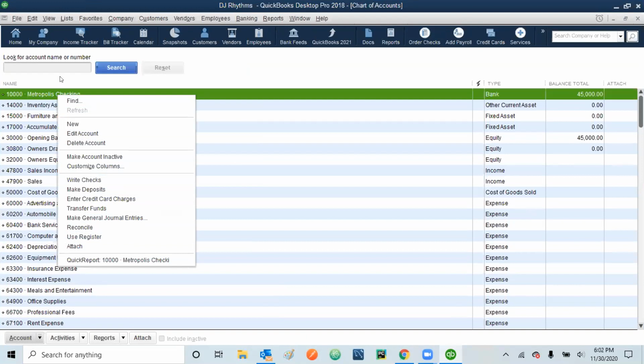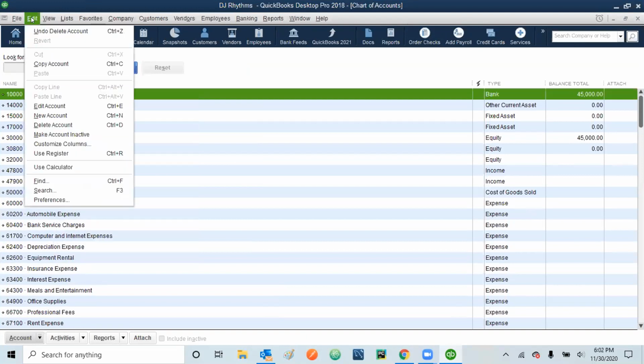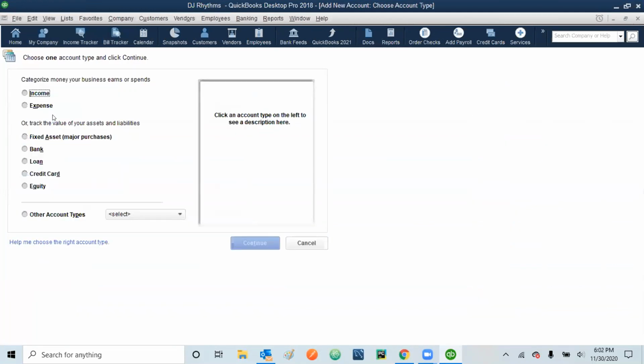So let me do this time the edit option, because I have used this option and right click before. So this time I'll be using new account to create a new account. And again, this part is very important to learn. We are creating a savings account. Credit card is also done with the banks. Loans are done with the bank.